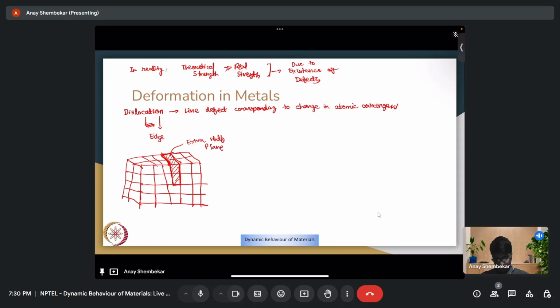You can think for this particular example, it's not necessary that it will always be throughout the material, but just for the sake of understanding, I've drawn it through the width. The other type of dislocation is screw dislocation, wherein you have